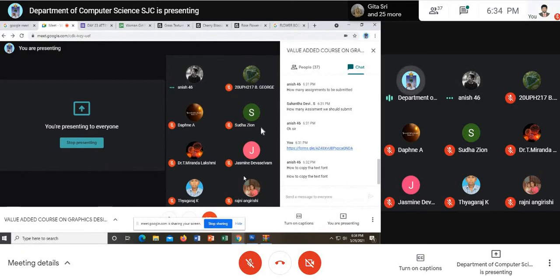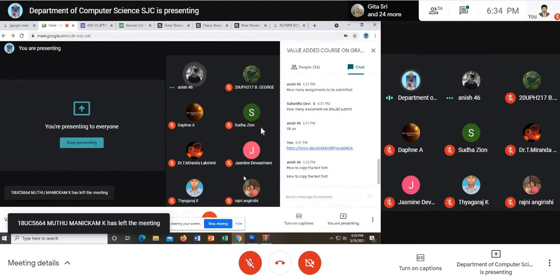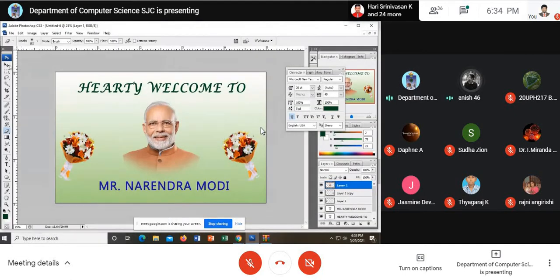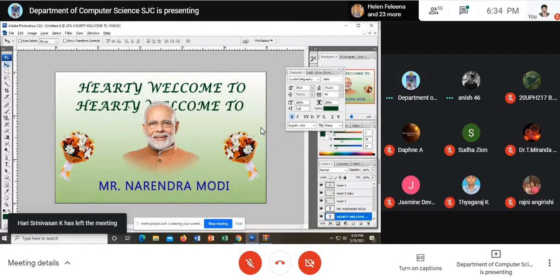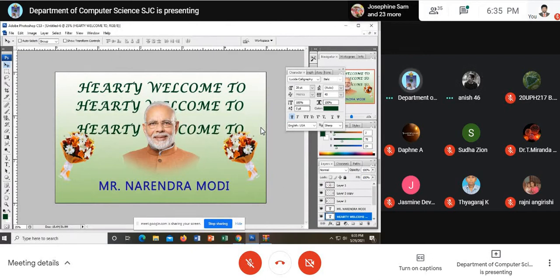Just by pressing Alt, you will get another text. For example, look at here. When I press Alt in mine, it does not move, sir. Look at here. I just select that text, press Alt and bring it down. See here? I'm able to bring it down. We have to drag it out, sir. Yeah. Press Alt, then you will get two copies, see here, and bring it down. That's all. Am I clear to you? Thank you.